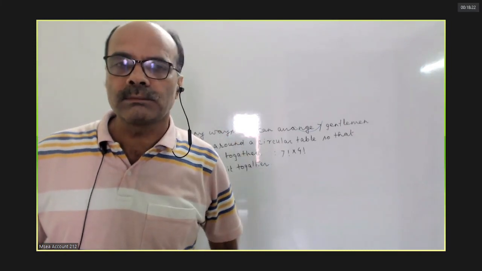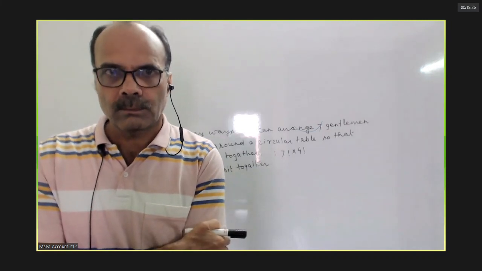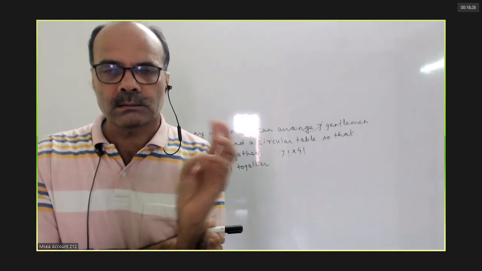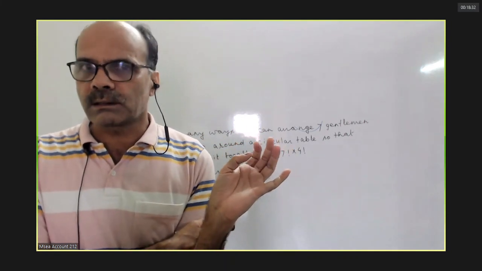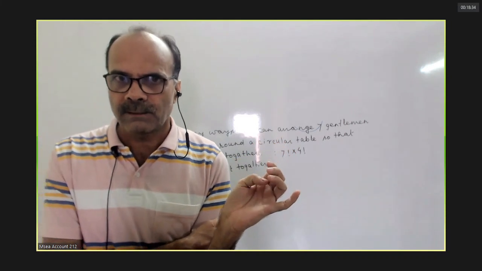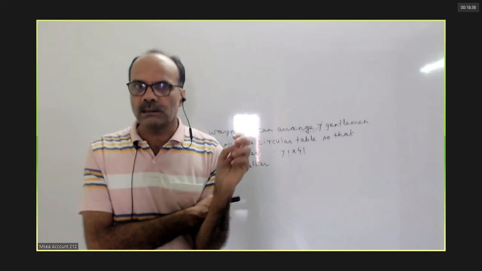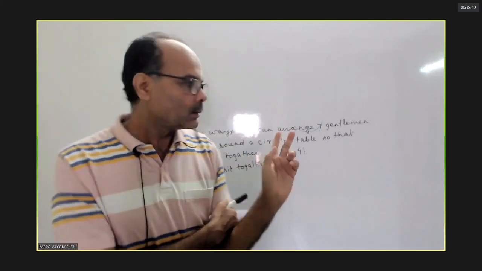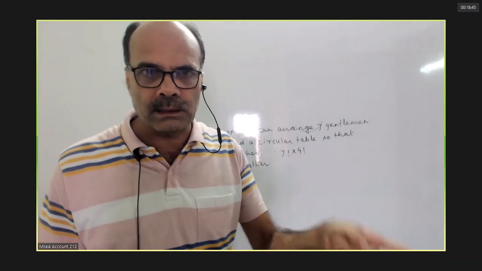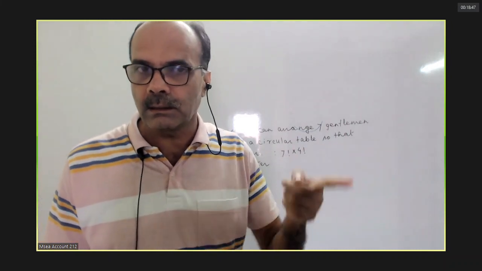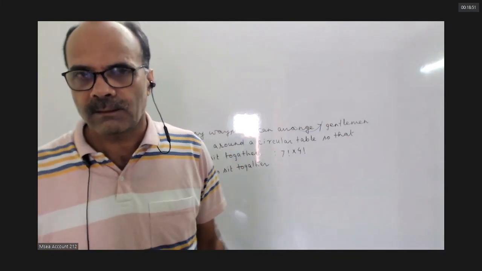All 4 ladies will sit together. So we'll assume these 4 ladies as 1 unit. And 7 gentlemen, they are all different units. The total number of units becomes 7 plus 1, 8. These 8 different units can be arranged in a circle in 7 factorial ways. Work is not completed. Now the girls can be arranged among themselves linearly by 4 factorial ways.